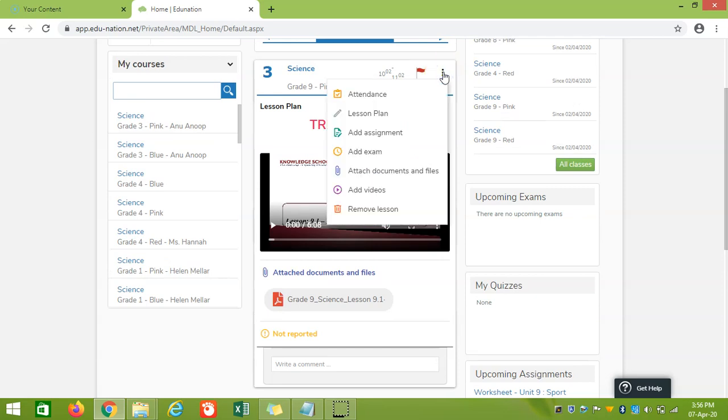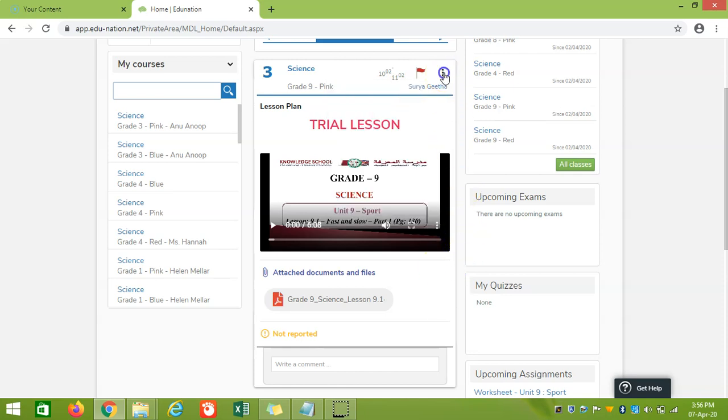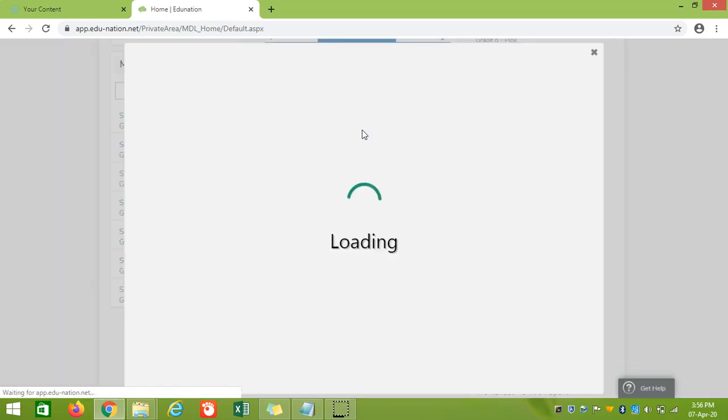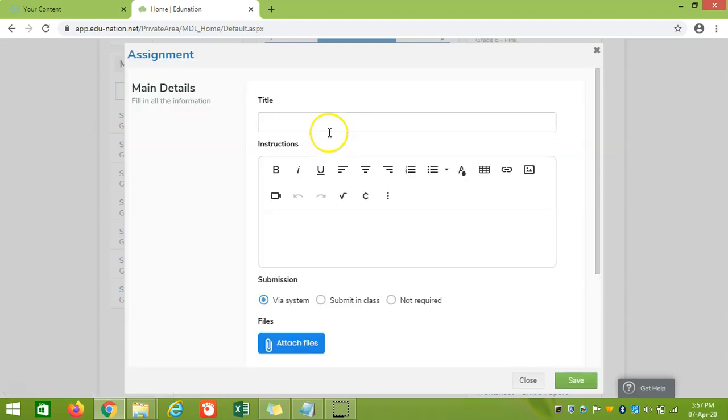Now let us know how to add an assignment. For adding the assignment, click on the three dots. We can add assignment. You can name it trial assignment.